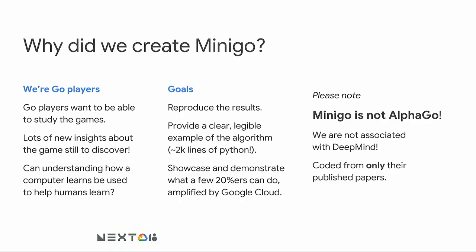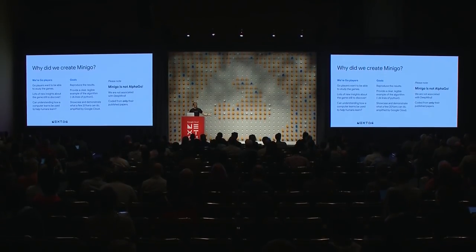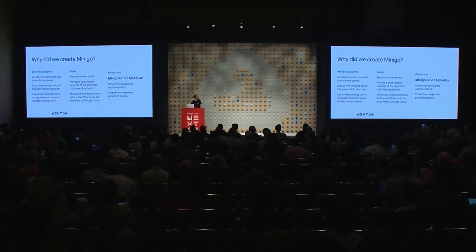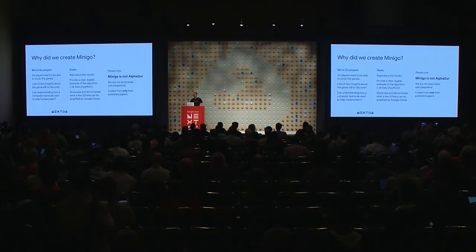Well, for starters, I'm a Go player. In addition to being a software engineer at Google, I also volunteer for the American Go Association, where I serve on the board of directors, and have worked for American Go for almost a dozen years now. I've been playing Go for a substantial portion of my life, and I love it. And AlphaGo is amazing. Imagine if you're a Go player and an alien intelligence has been created and it happens to speak your language. And that's Go players.